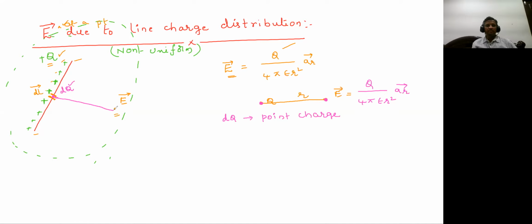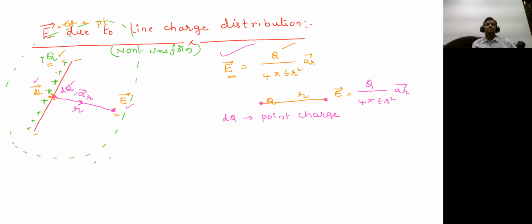I can find the electric field intensity at this particular point, if I know the distance r between the differential length dl and the point where we are measuring the electric field intensity, because this is the differential charge which is exerting force at this particular point. The arrow will always be indicating in this direction, and you will always have a unit vector in the direction of the point where we are measuring the electric field intensity. So now just use this particular formula.